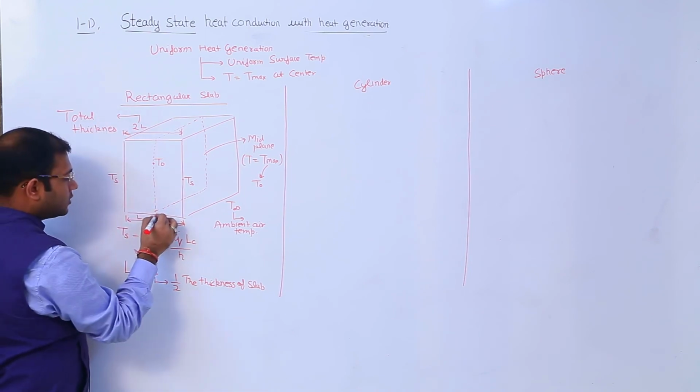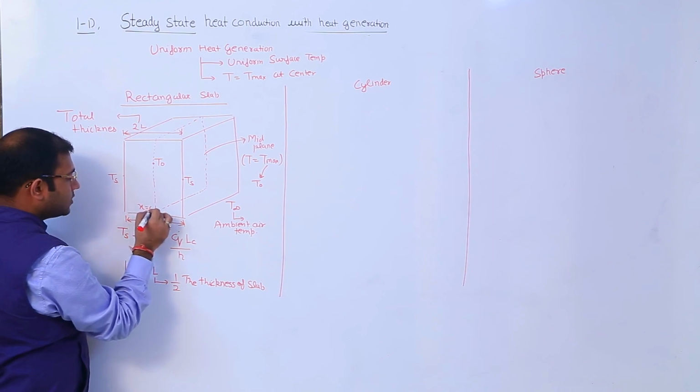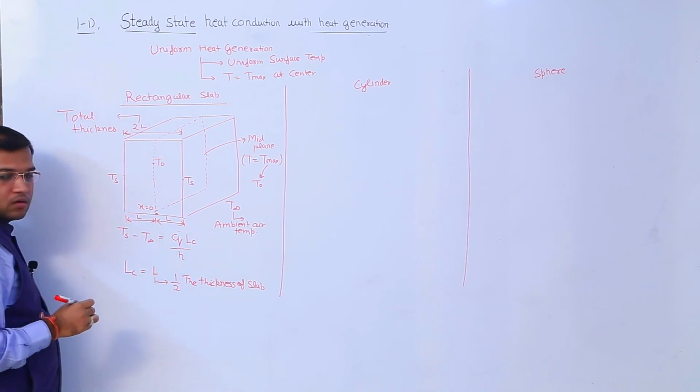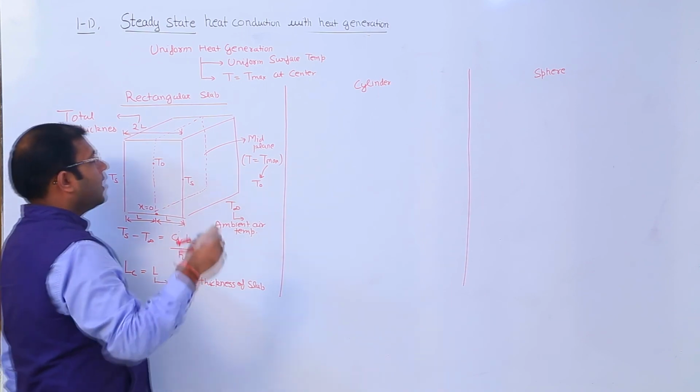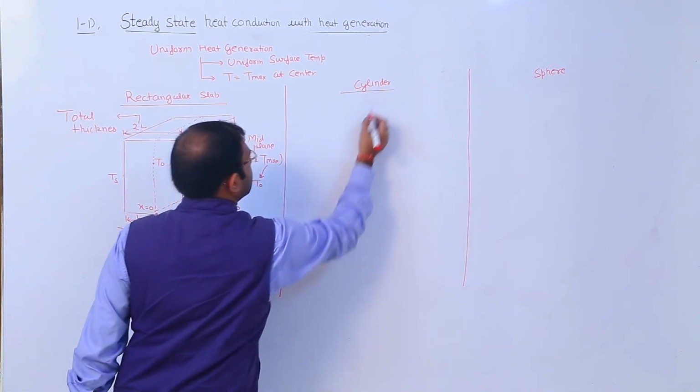Fine, and this point here we assume x is equal to 0 at this point. Fine. Now for cylinder,